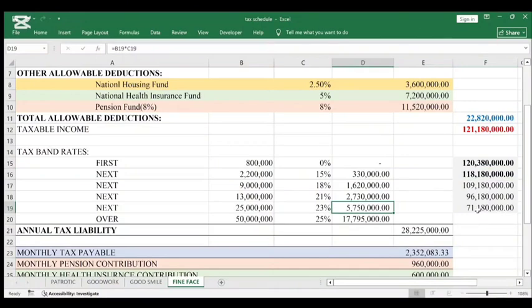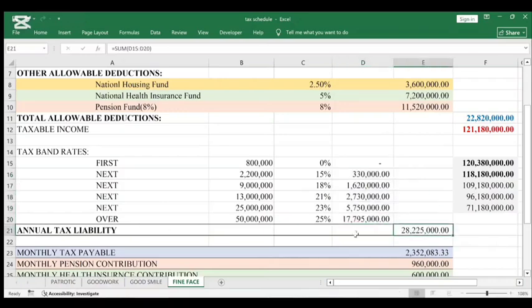Now the remaining amount is 71 million, and the law says any amount left from 50 million and above should be multiplied at 25%. So multiply the whole of this by 25%, right? That's what we did to get this value. So we multiplied 71 million 180,000 by 25%, all right? And that gave us this 17 million 795,000 naira. So if we sum up the whole of these values here, we now arrive at what we call